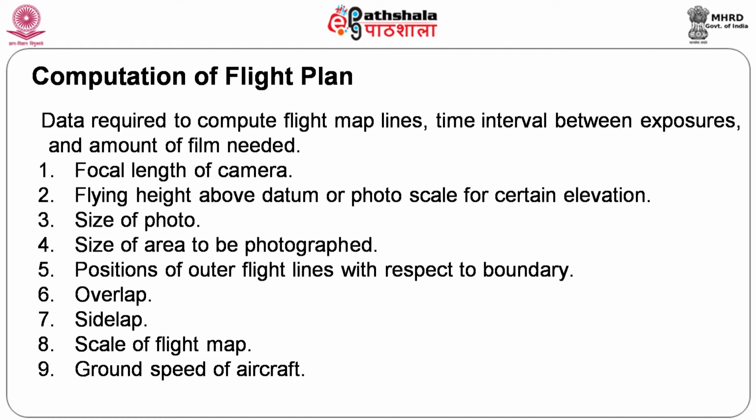And definitely to decide on the speed of the aircraft, we will have to decide how many exposures are required and what the overlap percentage is. If the overlap percentage is 30, then the number of exposures will be less. If the overlap is more and more, the number of exposures will obviously be more, isn't it, for one particular strip. So once it makes a complete strip, then a second strip, it will become a block of photographs, 1, 2, 3 and so forth. Based on that we will try to obtain the data.